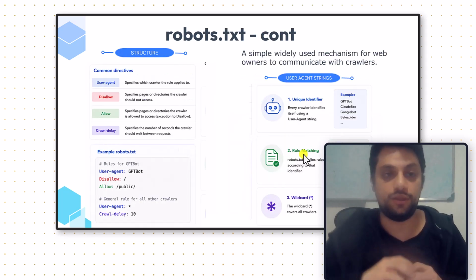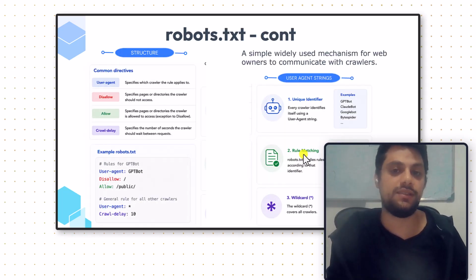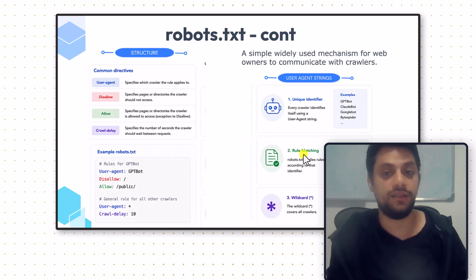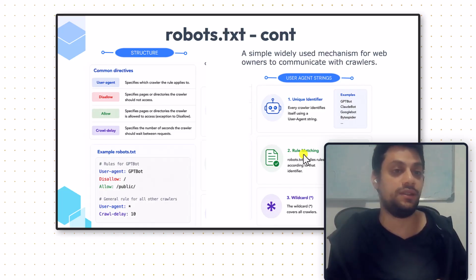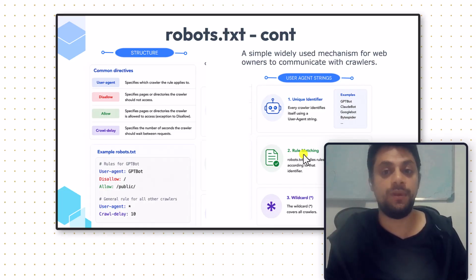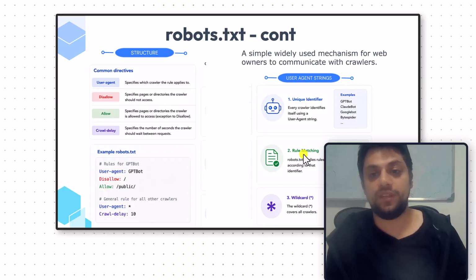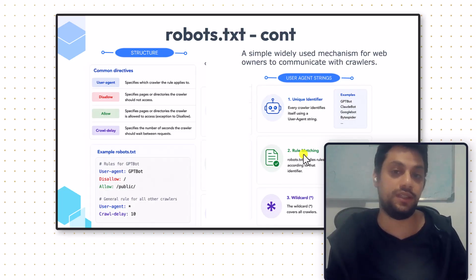Okay, so let's go on. This slide demonstrates what Robots.txt looks like. Historically, Robots.txt was introduced in 1994, and in 2022, it became a formal internet standard as RFC 9309. I think the most important thing to understand here is what a user agent string is,